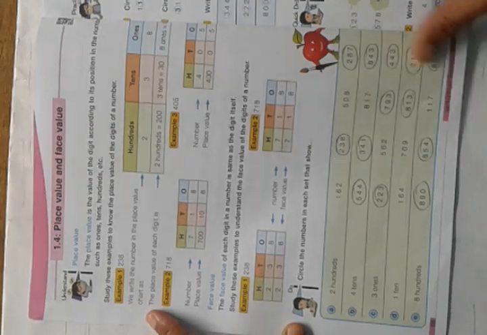We will continue exercise 1.4 also. This is place value and face value. We already know place value. What is the place value? If any number exists in hundreds, its value is, see here for example 238. Write 2 in the hundreds column, 3 in the tens column, 8 in the ones column. Its place value is 200s, that is equal to 200 here. 3 tens means 30. 8 ones means 8.